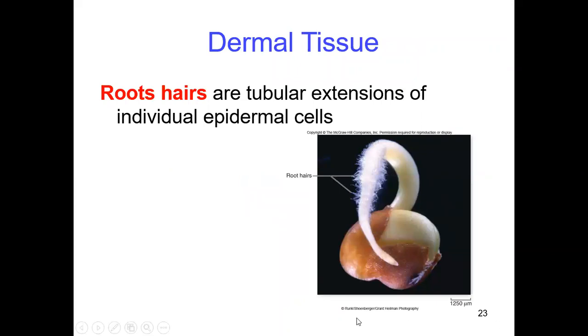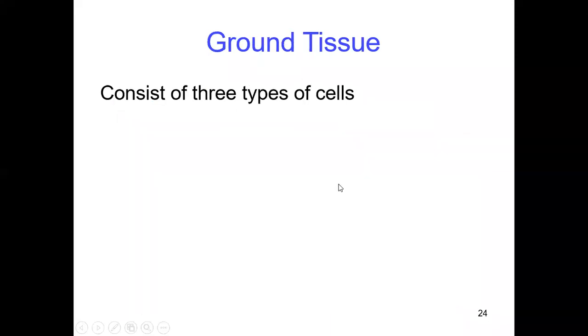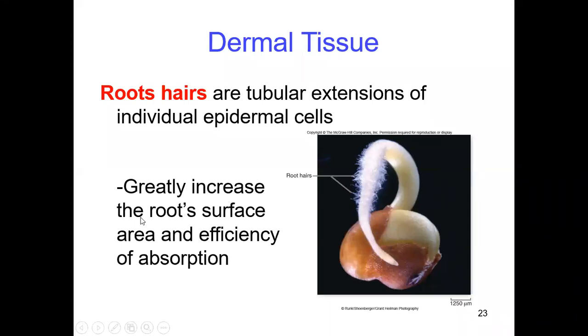So if you see here, this is the seedling, and you can find the hair here. Root hairs here. So tubular extensions of individual epidermal cells. If we see this at an earlier stage, two days, three days after germination, at the radicle we can find this kind of structure here. So if you view this hair-like structure in detail, generally it can increase the root surface area, and it is used for the efficient absorption of water and minerals and supply to the seedling here.